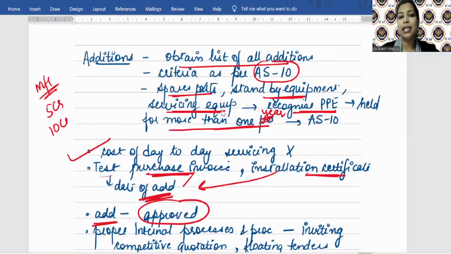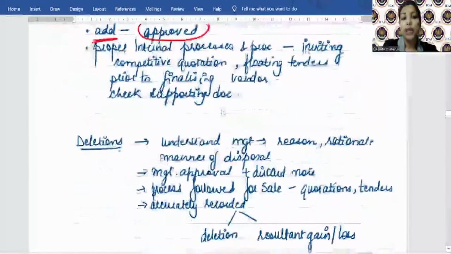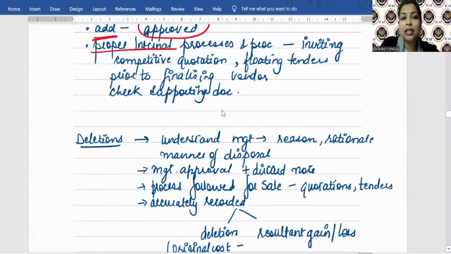So before buying that, auditor will see that whether the company is having a proper internal process or procedure with respect to what? Inviting the competitive quotation. ऐसा तो नहीं है that the company is purchasing all the, let's say, cranes from a related party at a very high price, है ना? So whether the company has the process of inviting competitive quotation, मतलब 4-5 लोगों से पहले मंगवाएंगे ना कि आप बताओ आप ये क्रेन किस रेट पर दे रहे हो हमें. So the purchase price should not be prejudicial to the interest of the company, है ना? कंपनी के बेनिफिट में ही होना चाहिए.